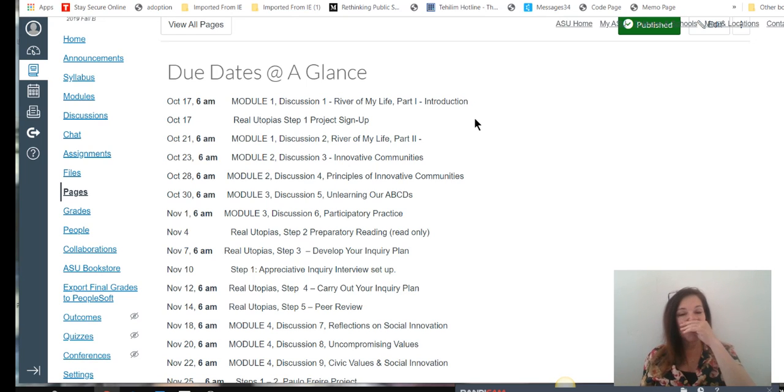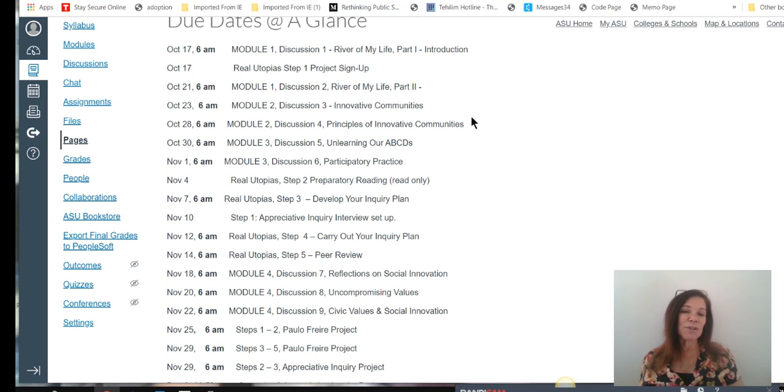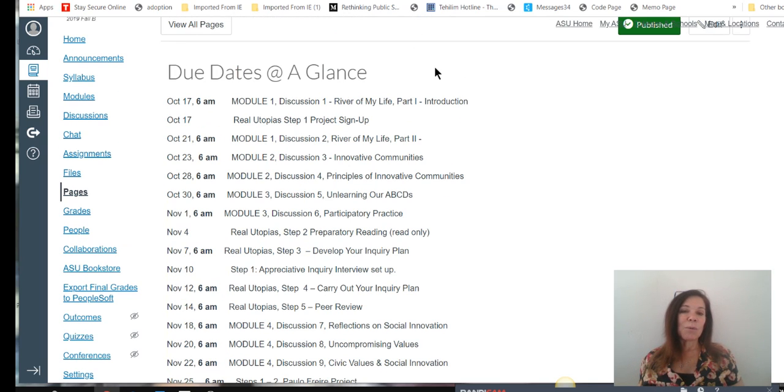And the reason there is some stuff in the syllabus that isn't in Canvas is because stuff changes every semester, and I cannot change everything on every single page in Canvas every semester. So I do that in the syllabus, and I don't do it on Canvas, which is why I've given you this due dates at a glance if you want to come here and see what is your next thing that's due. But you also can find it in the syllabus.